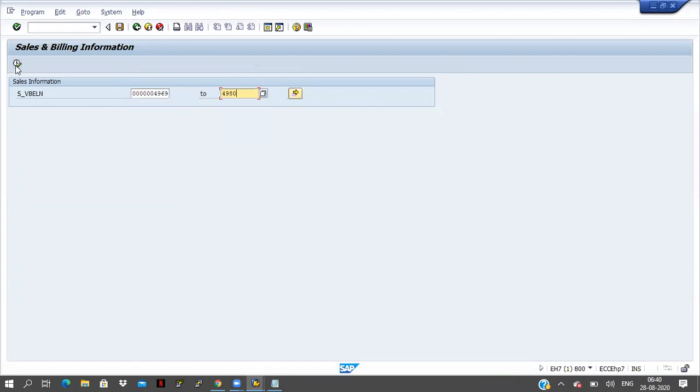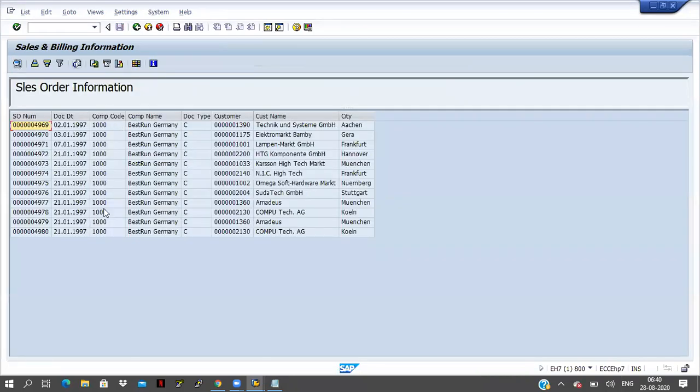Now execute the program. I'm clicking on the execute button. If you see here, the full document number is coming, the full date, the full company code and the full customer name. Automatically it adjusts by passing colwidth_optimize equal to X to the layout. This is one layout. And one more thing: I want to display this data in alternate colors.